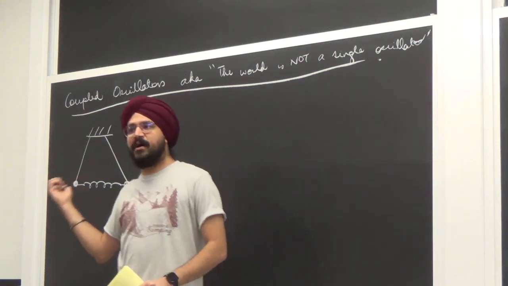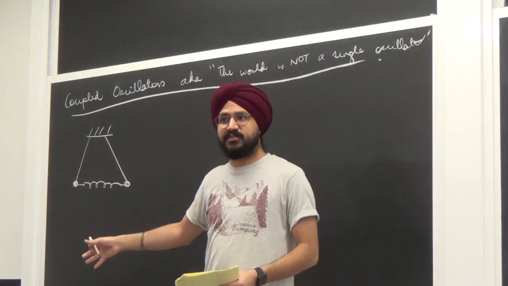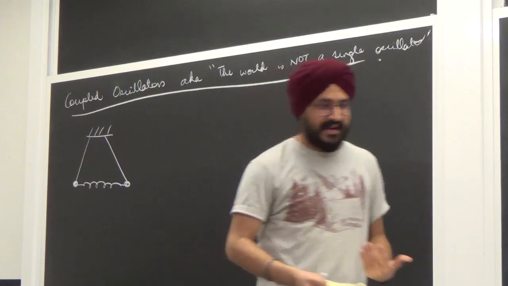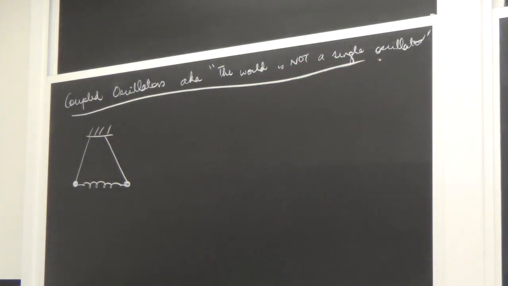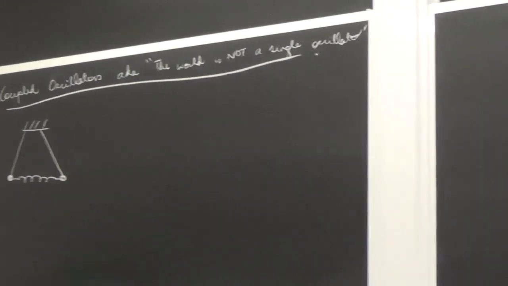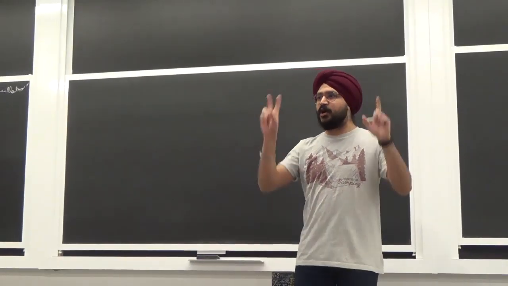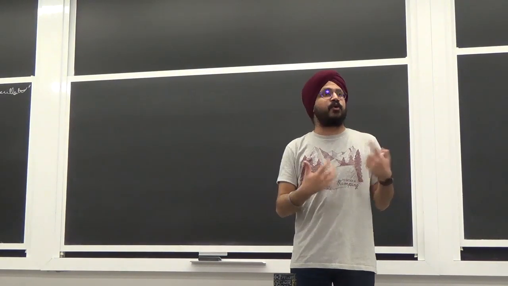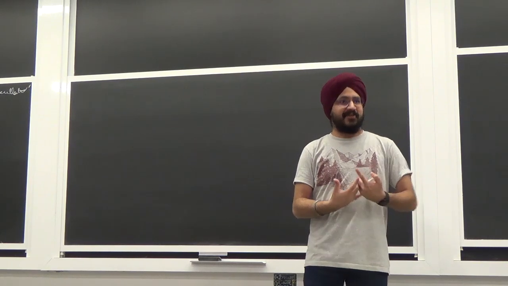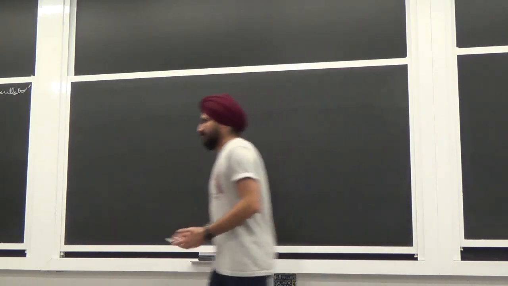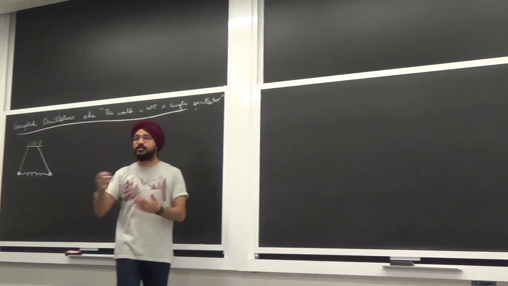I could go about this way and solve it in the usual textbook sense. But when I was an undergrad and learned this stuff for the first time, I used to be massively confused. What is going on? People would solve it, I would see it for that moment, but it would be gone after that. It just felt very ad hoc, how one would get these so-called normal modes or normal coordinates. But I realized with age, unfortunately, that there is an algorithmic way of thinking about it here as well.